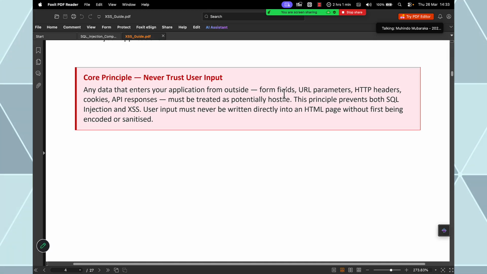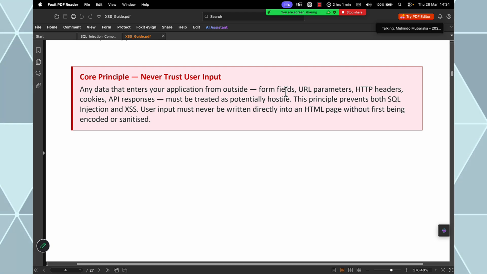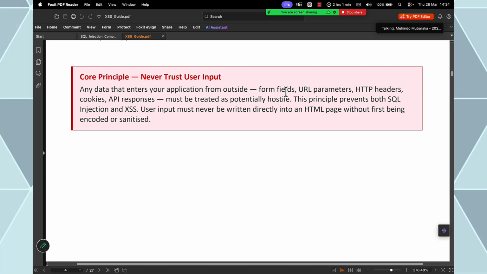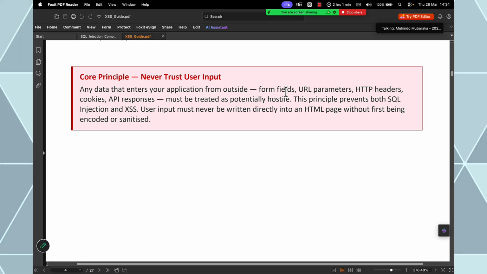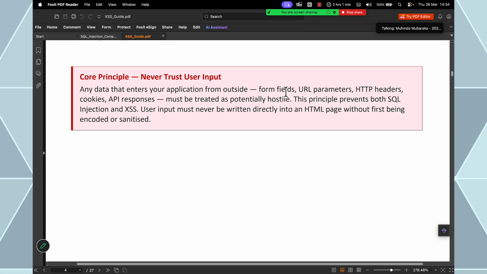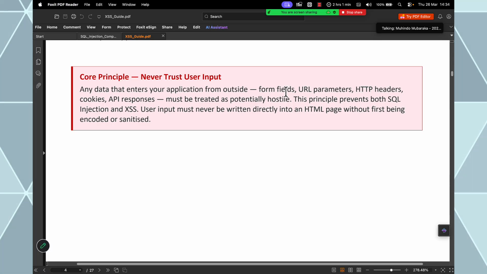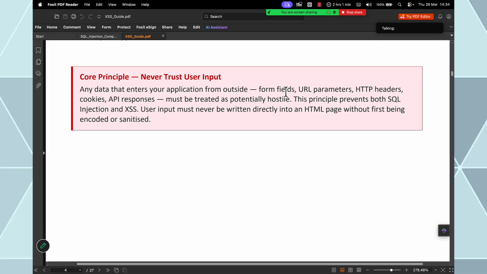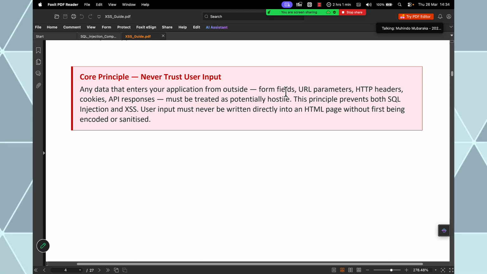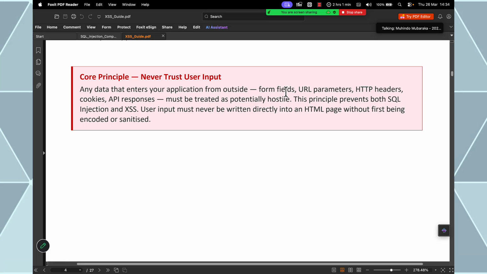So if you still remember in our previous lecture, we talked about one principle to have in your mind when you're working with systems that communicate with a database. We said you should never ever trust the data that is coming from the user. That is the number one principle that we had in our mind in the previous lecture, if you're going to build a system